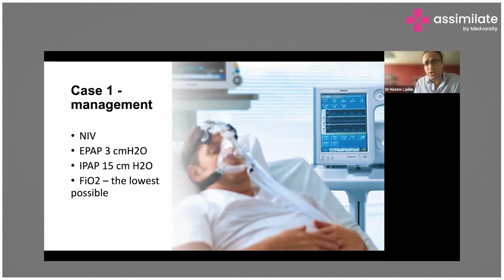The idea behind this low EPAP is what we've mentioned before, is that the EPAP may result in further CO2 retention. And also, these patients are, many of them, or some of them at least, will be gas trapping. And they will have what we call auto-PEEP, breath stacking, so they don't exhale fully. And if you put a barrier in the form of EPAP against their exhalation, this may worsen their gas trapping and the CO2 retention, and can result in cardiovascular collapse. This is usually due to increased intrathoracic pressure, and then will reduce the venous return and lowering stroke volume, resulting